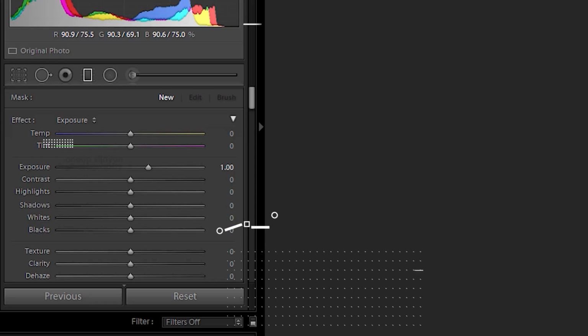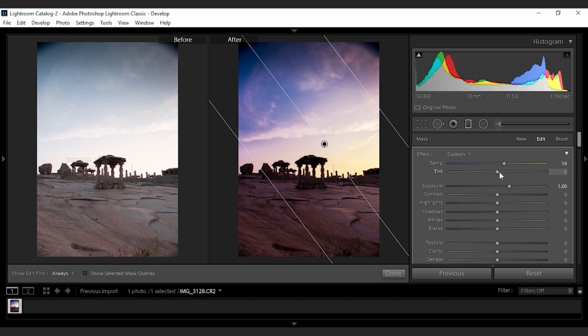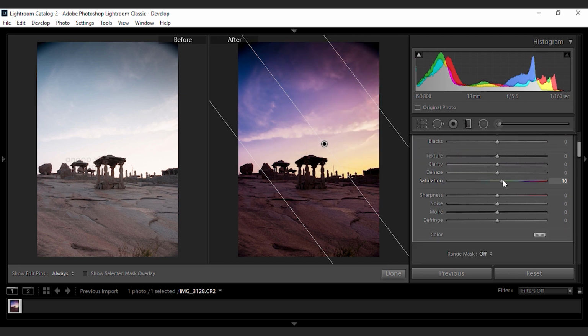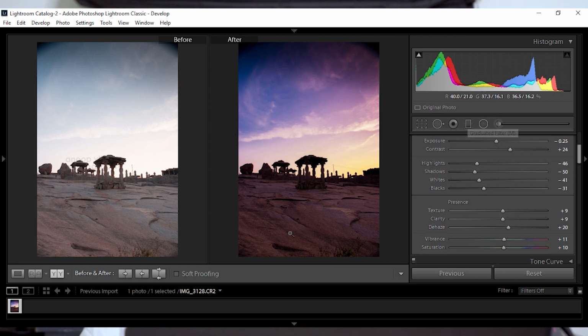Now I need to individually select some portion of this image and adjust the colors of that area alone. For that, we are going to use a wonderful tool called the graduated filter. So let's see. Now we have finished the right side. Now I want to create the same kind of effects on the left side. Maybe I need to give more shadows and more details to that image. With the help of the graduated filter, I am going to do that.